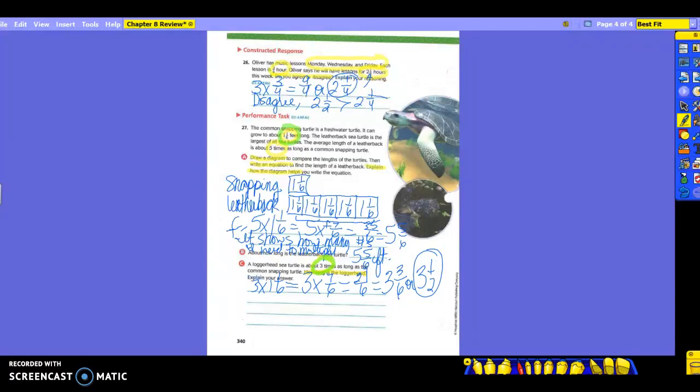Okay, so we worked it out. We know how long the loggerhead is. It's actually 3.5 feet, because we're still measuring in feet, but we have to explain our answer. Okay? So what did we do, basically? Let's just explain what we did. We multiplied the length of what? What did we already know? The length of the snapping turtle with what? With a